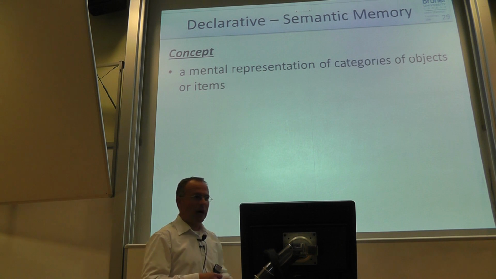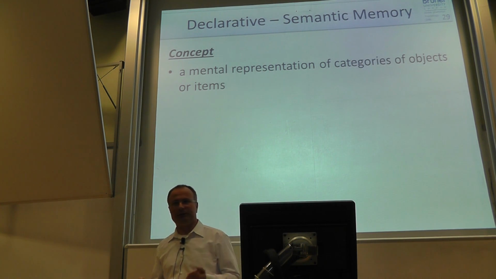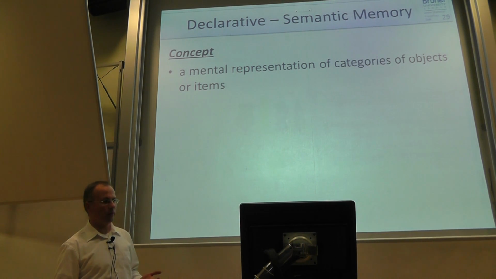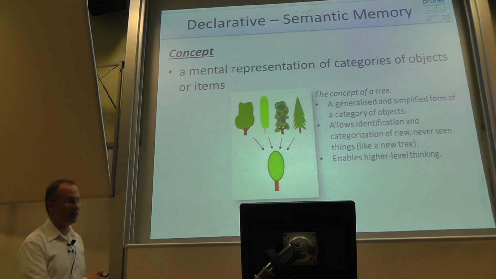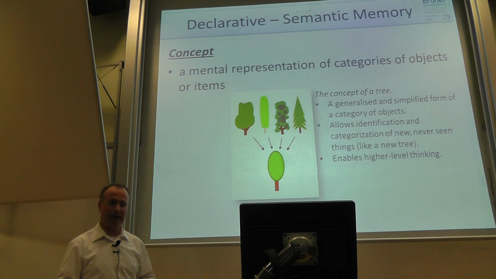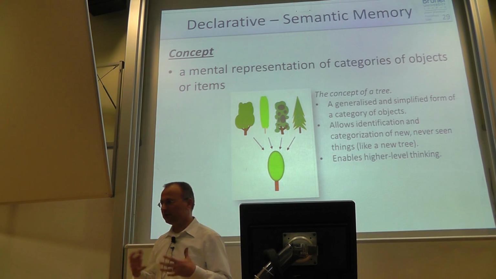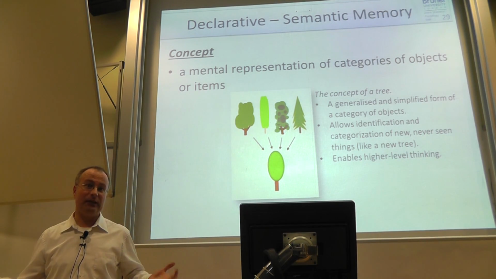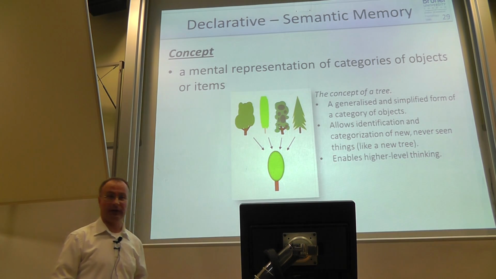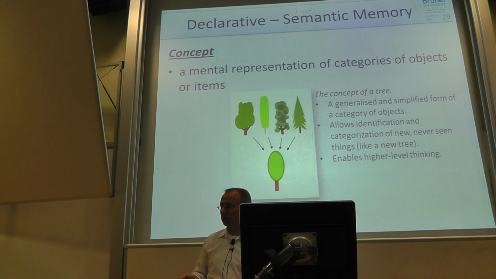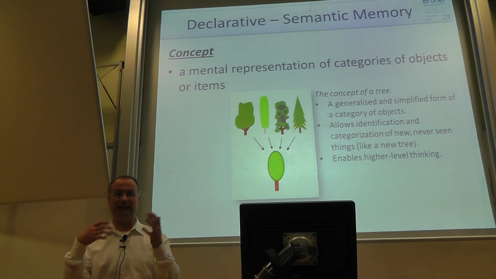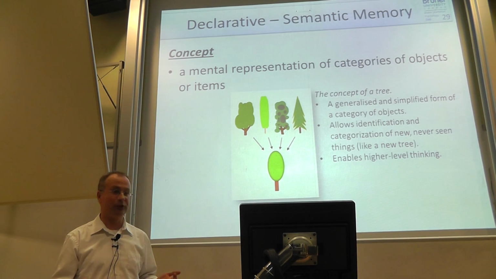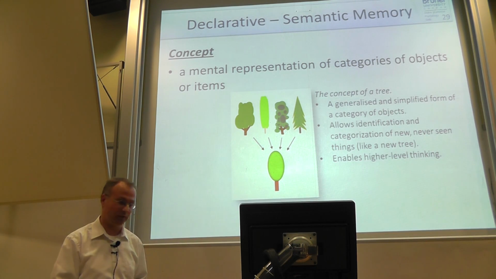A concept is basically our mental representation of categories of objects or items. That may sound very complicated, but what is meant by that is that we, for instance, have the concept of a tree, which we have learned by experience. The concept allows us to go out into the woods, on basically any continent, in the rainforest, and we see a tree that we've never seen before in our whole life, but we immediately usually recognize it as a tree. Same thing for furniture. It's easy to recognize chairs, for instance.